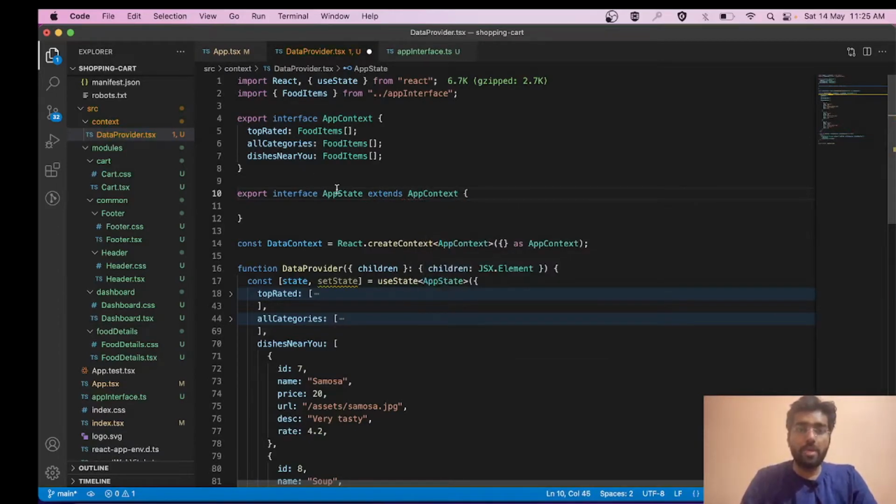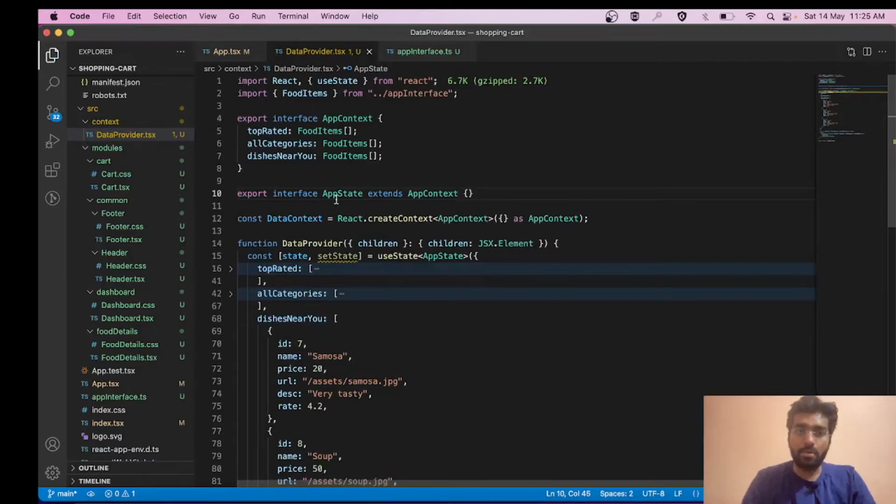So we are going to have the same properties in app state as we have in app context. You might ask why we are creating this app state if they have the same properties, because later in this course we are going to have some different properties that will not be present in app context.